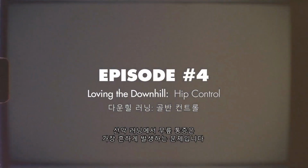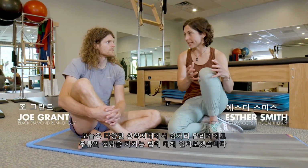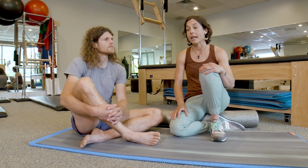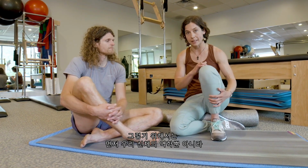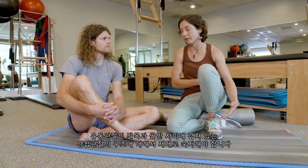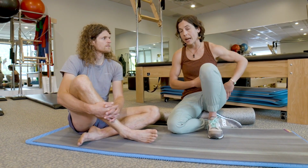In a lot of mountain running, the biggest complaint that we see is knee pain, knee dysfunction. And so we're interested in saving our knees and still being able to run long distances over various terrain. In order to save our knees, we need to be very aware of the mechanics of the whole chain and this hinge joint that kind of gets caught in the middle between two very mobile joints, the foot and ankle and the hip. And so in this video, we're really going to focus up at the hip